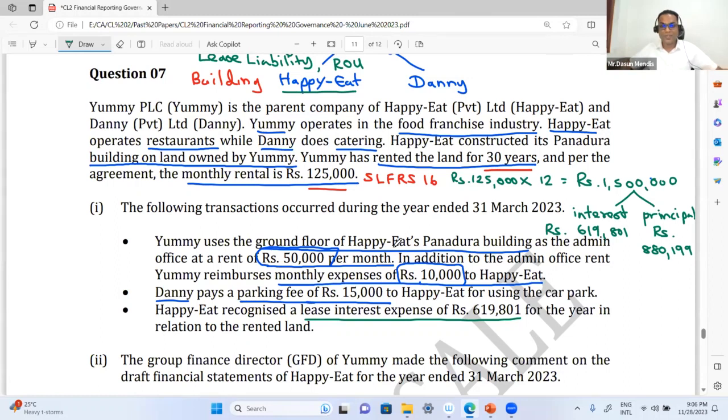Until then, you have time to try the questions by yourself, because we discussed a lot of questions in this paper. Actually, more than 60% of the paper is discussed. You can go through these areas again, and also come with your answers to the consolidation question and the accounting standard related question, the last two parts of question number 7. Don't make this mistake in the examination: don't wait until the examination to write answers by yourself. You have 1 month now, so write and practice.